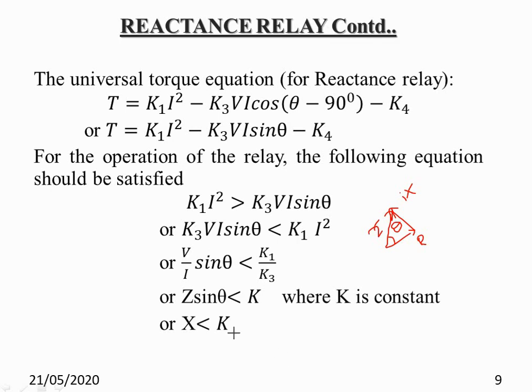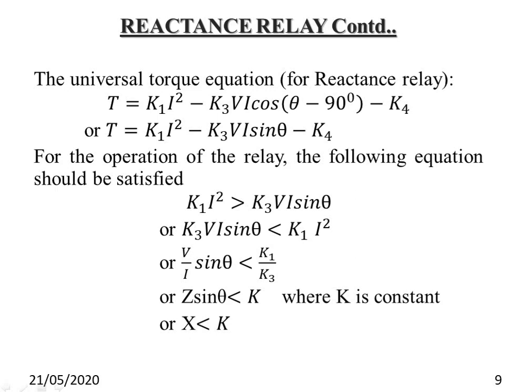So what is the value of this total line? That means in case of impedance relay, we have seen the total line impedance, that is Z, and instead of this we can say the total line reactance, that is called the total X. Now instead of X, if we put Xf, if Xf is less than the total X, then we can say the relay will operate.